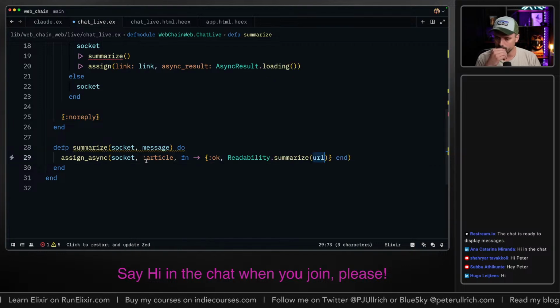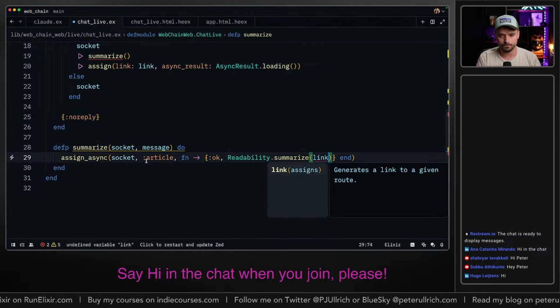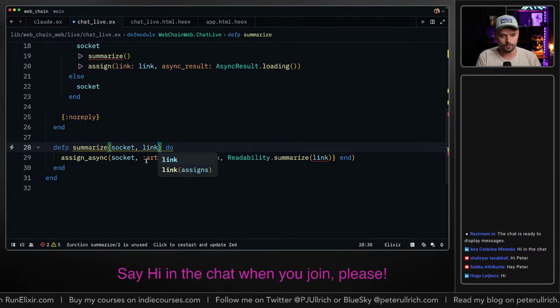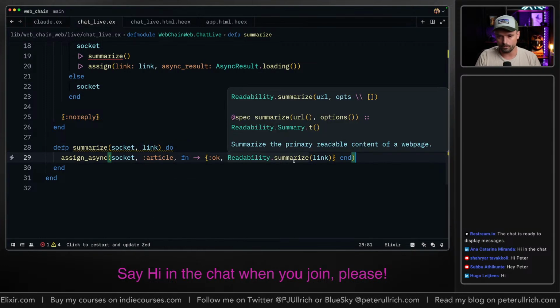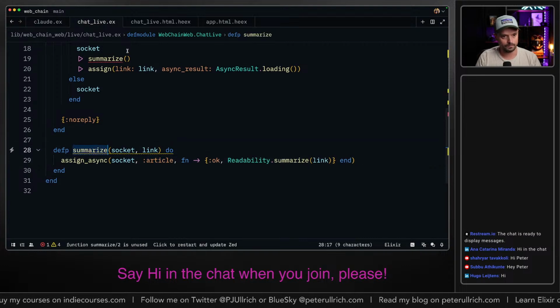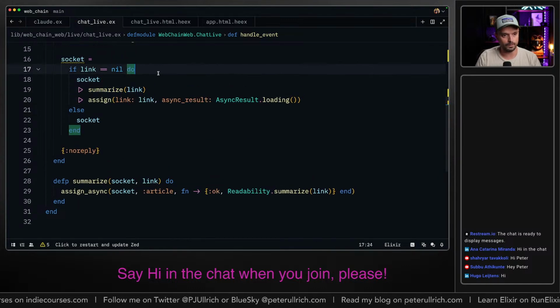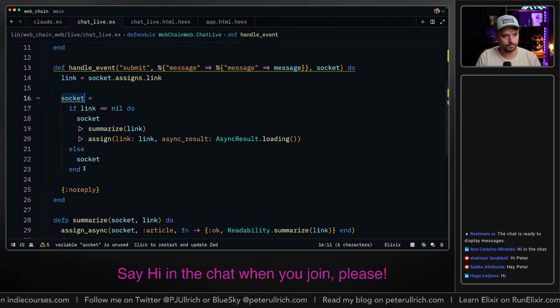Also interesting that this doesn't return an OK or error tuple. But for now, we're just gonna assume that it will return something, but we would need to handle errors there as well. All right, so we're loading and we're returning the socket.